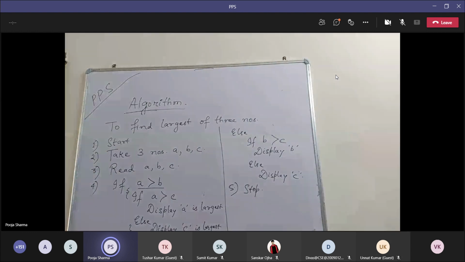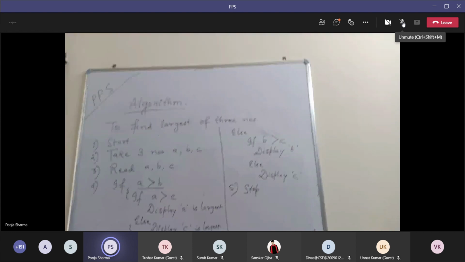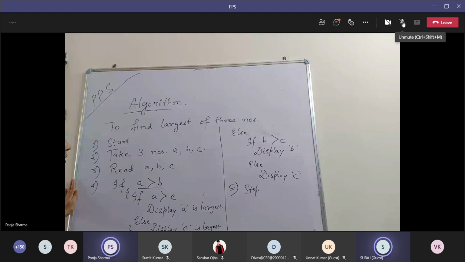Rishu, is the screen visible? सूरज, आपको समझ में आया? Yes, ma'am. सूरज, आपको समझ में आ रहा है? हिंदी में बताना होगा।